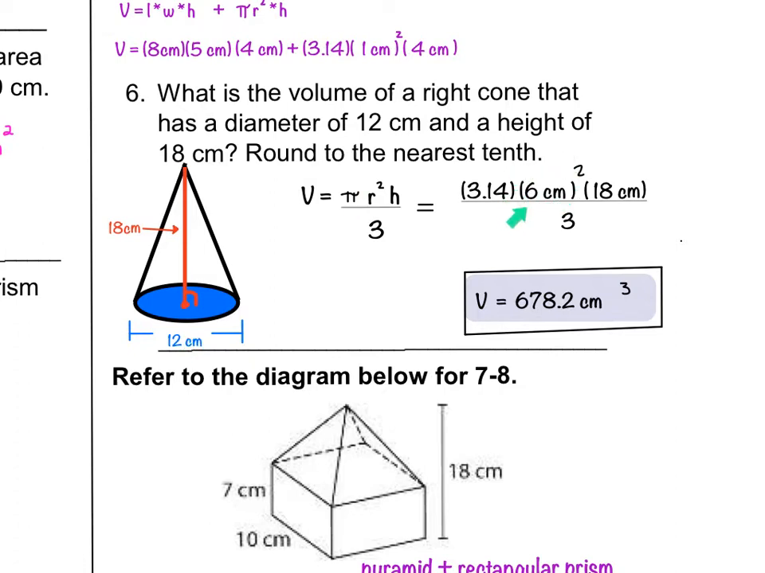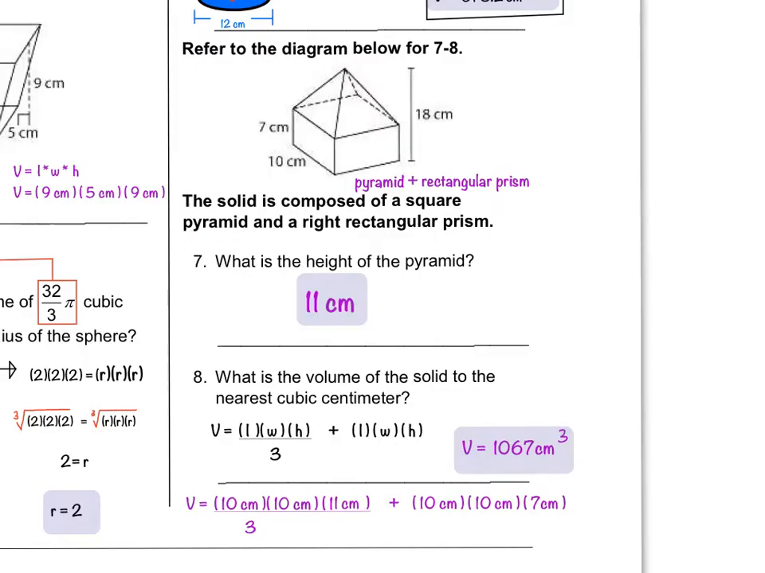Now be careful, because this 6 becomes 6 squared, which is 36, times 3.14 times 18, and everything divided by 3. So that would turn out to be 678.2 centimeters cubed. On number 7 and number 8, we're using this